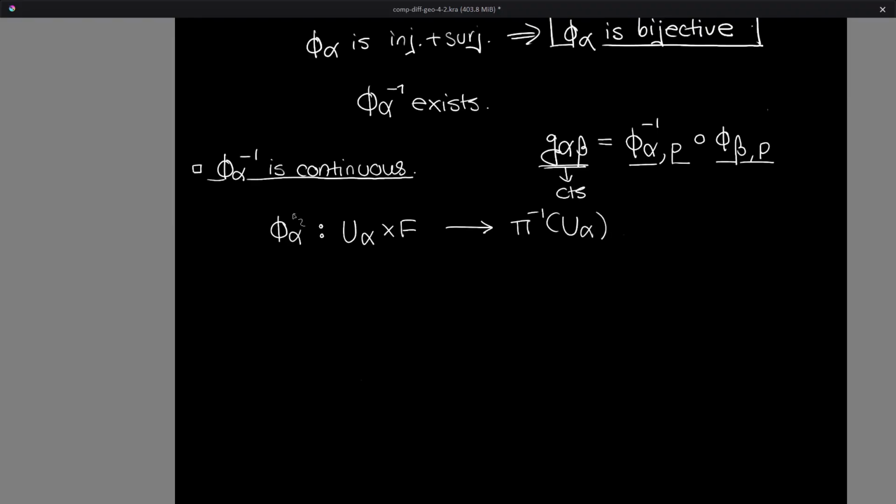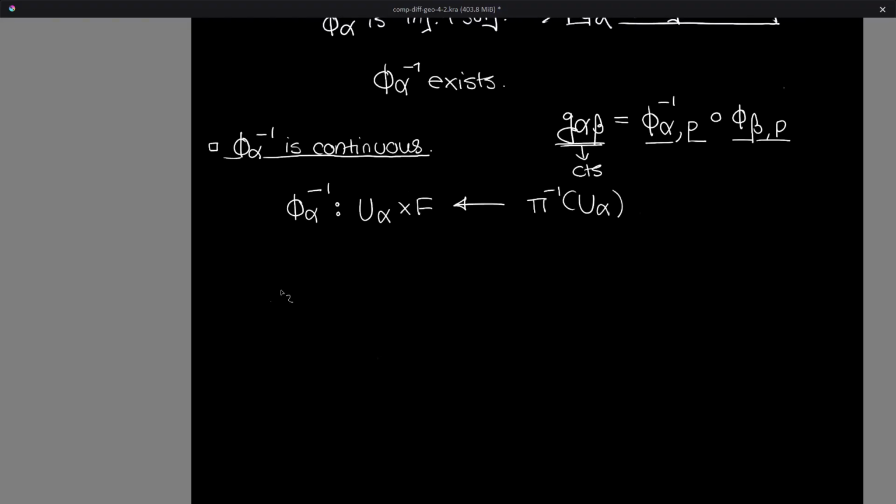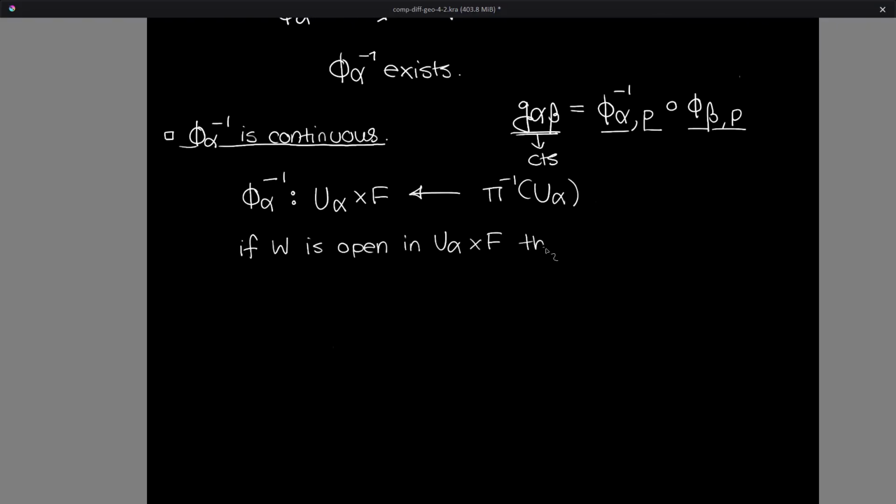So if we want to look at phi alpha inverse, we'd probably want to reverse that arrow, right? And so now for it to be continuous, what we really need to say is that if W is open in U alpha cross F, then phi alpha inverse of W is open